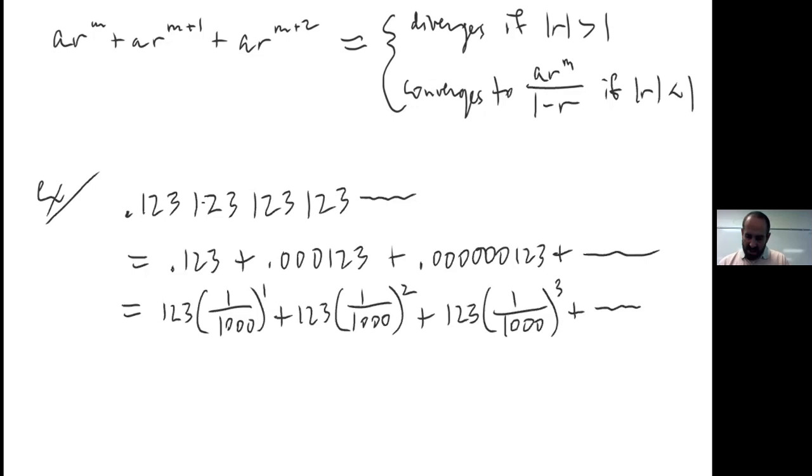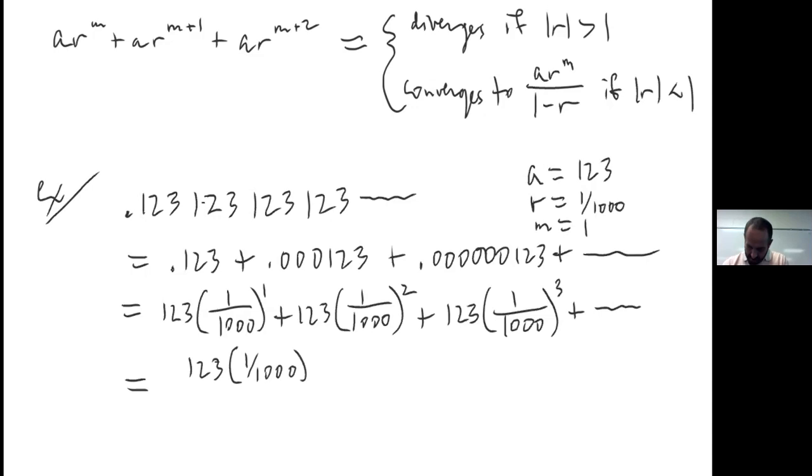Plus etc. So look, in this problem, what's our A, what's our R, and what's our m? A is 123, R is 1/1000th, which, by the way, is an absolute value less than 1, and hence we have convergence. And what is our starting power? 1. So this thing converges, and hence equals, as an infinite sum, as a geometric series, 123 times 1/1000th raised to the first power,